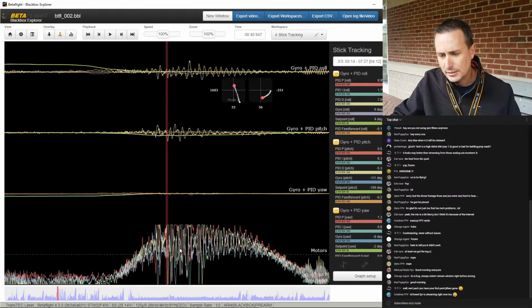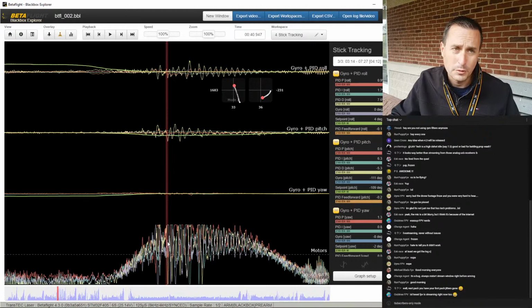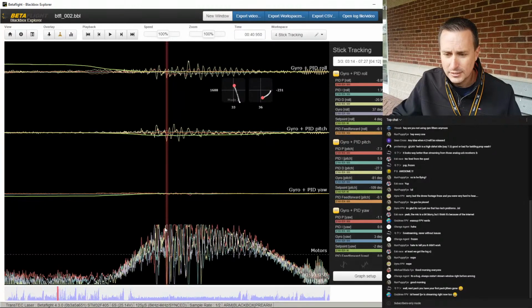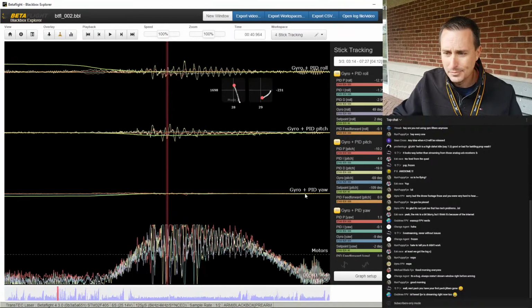Like here, this is what I'll look for too for prop wash. Like, how do you know you really can't go any higher in the gains? You can see that the motor commands are going from 100% down to 0. So it's commanding all it can to keep the motors up to speed. The only thing I could do is to add to this a little bit more